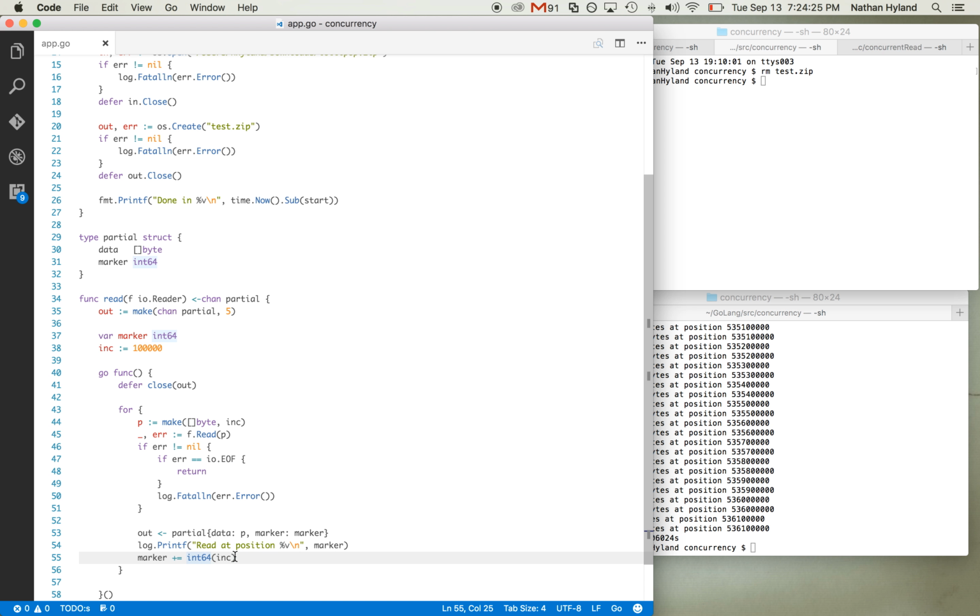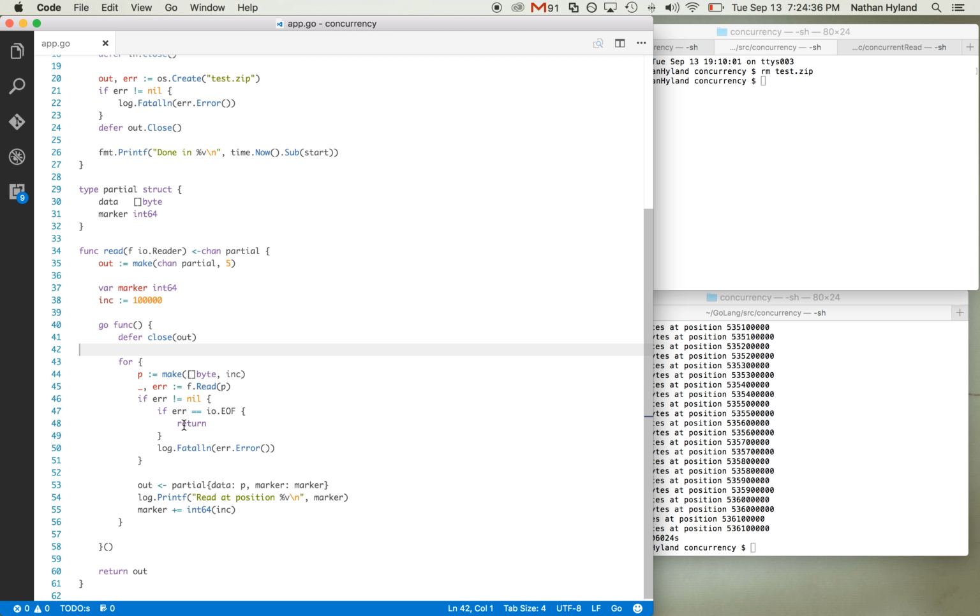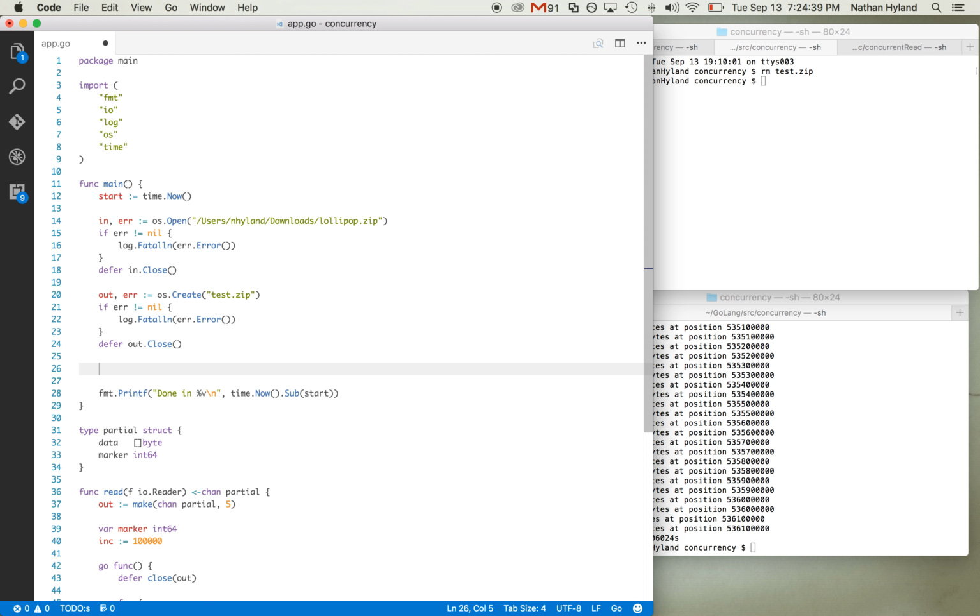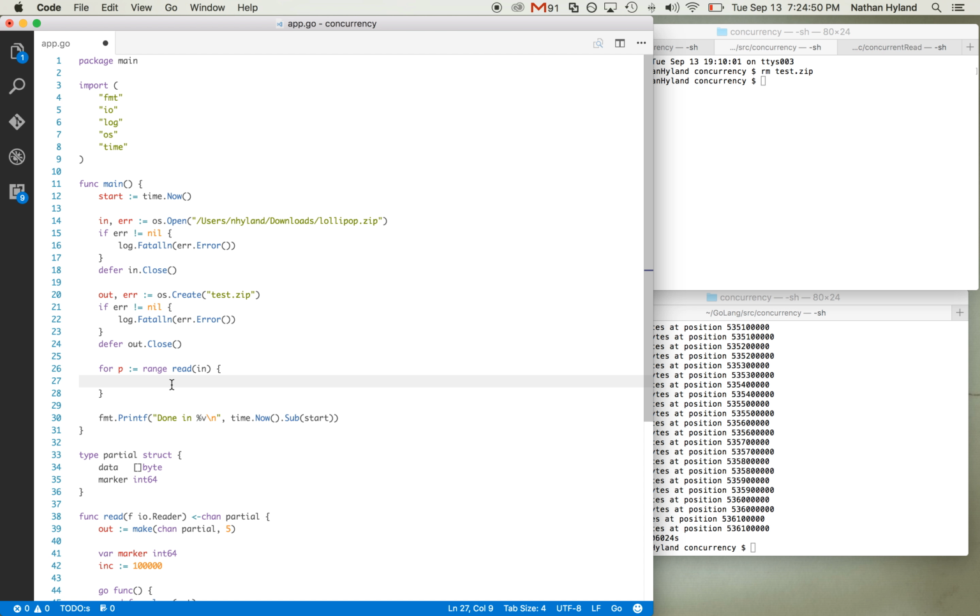Now we're doing marker plus equal the N64, the N64 amount over here, or the increment here, so the 100,000. So this should work down here, but now we need to implement it up here. What we could do is say for p read in. So what we could do is we could say for every time some data comes from in, we could just say out, actually